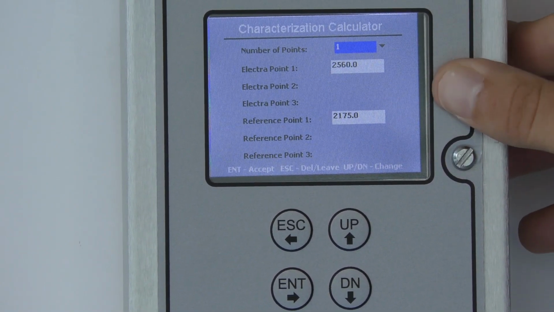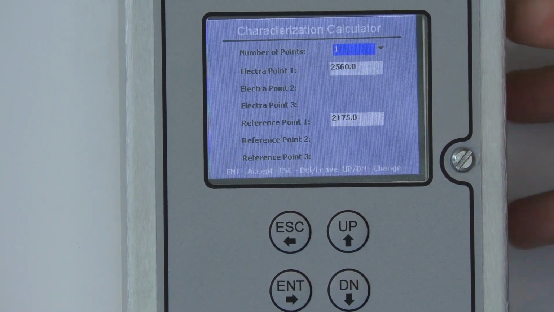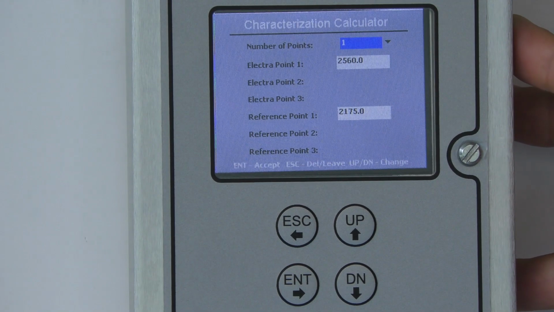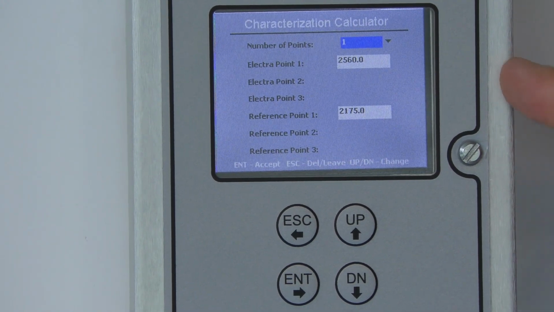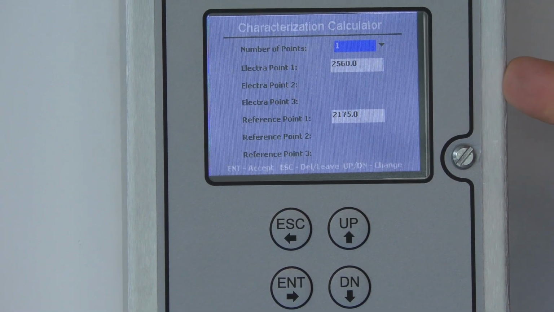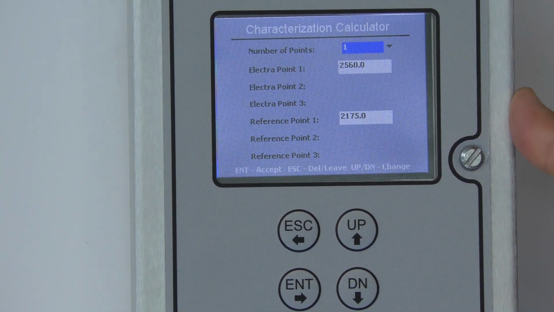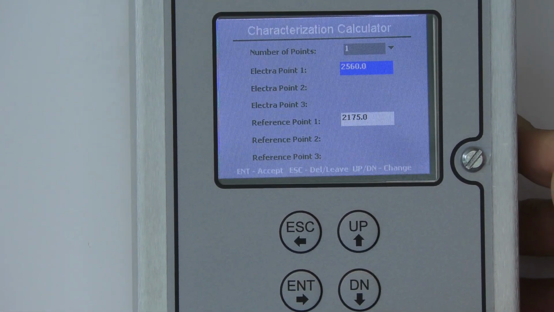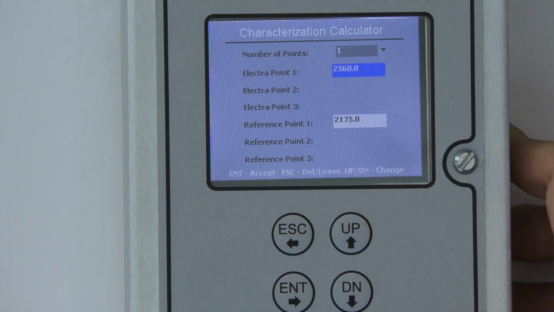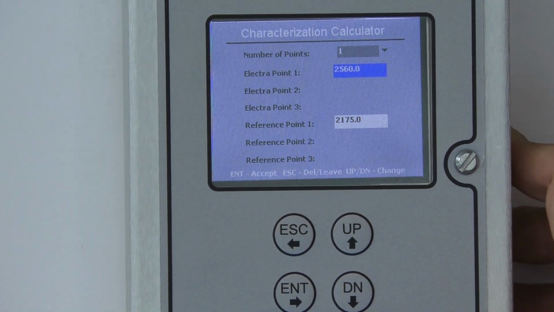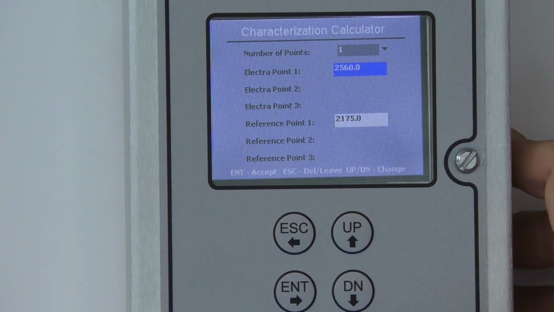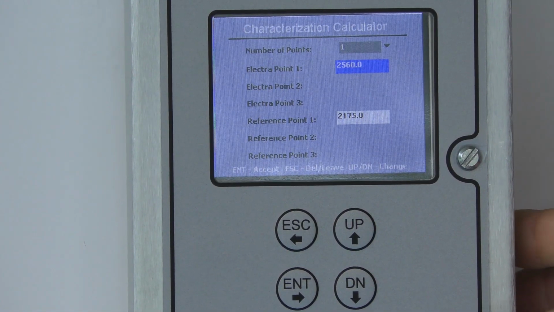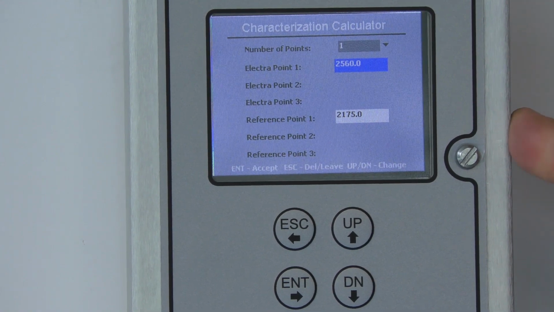So you have these 3 points at the top, the Electra points. That's what the ELECTRA-flo is reading with the characterization off at the time you're working with the balancer. The reference points at the bottom are what the balancer is reading, or what the flow should be at each Electra point. For our demo lab presentation here, our ELECTRA-flo was reading at 2,560 CFM, or cubic feet per minute, and the reference point at that time was 2,175 CFM, or cubic feet per minute. So we want our ELECTRA-flo to read 2175 when it was actually reading